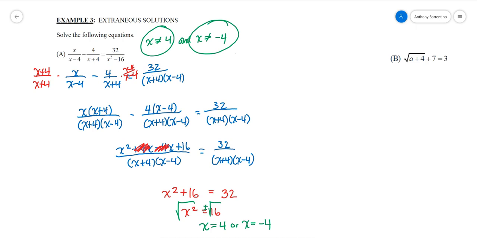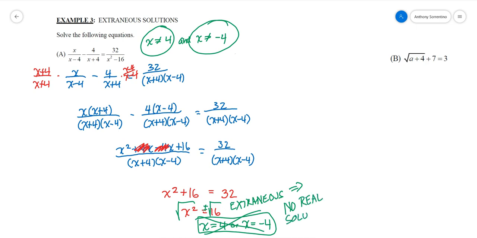Therefore, both of these are extraneous, which implies there is no real solution. So that works out pretty neatly, so for B,